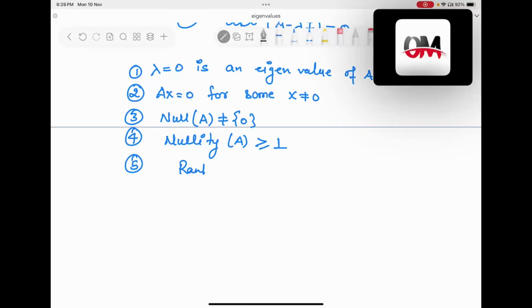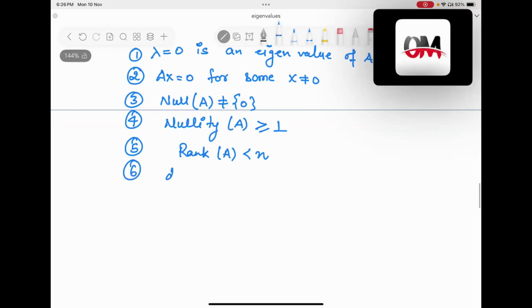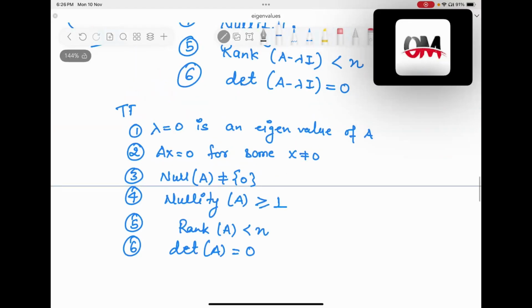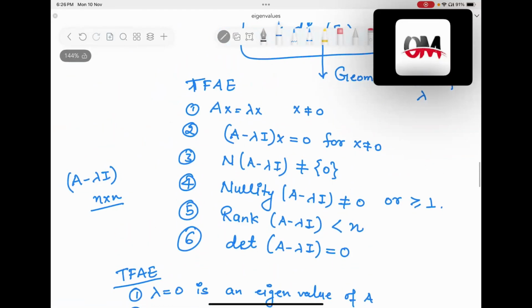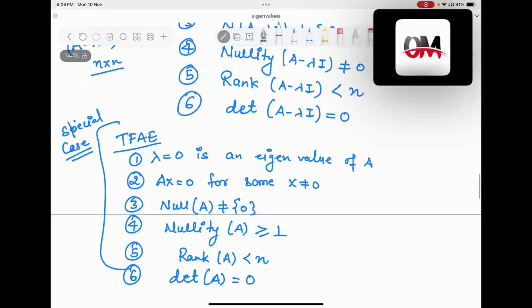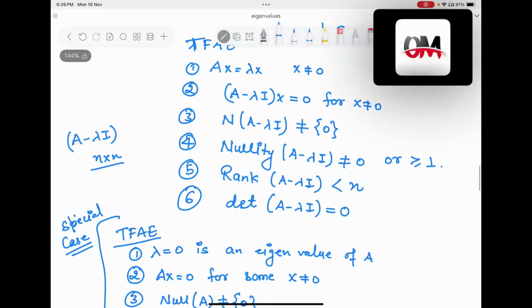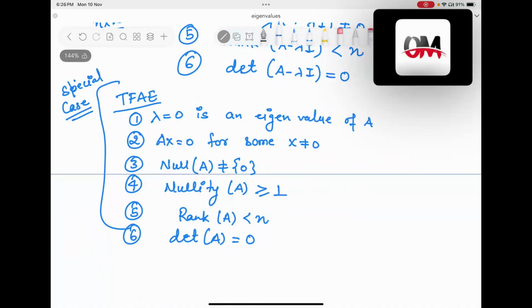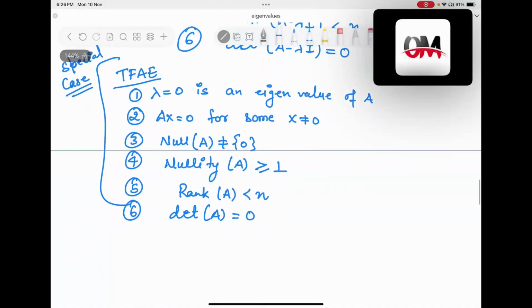Then rank of A is always strictly less than n. 6. Determinant of A is 0. So all these statements are equivalent. Right, just put lambda equals 0. This one is a special case of the above one. Just put lambda equals 0, right? So see how eigenvalues are related to many other things. Okay,